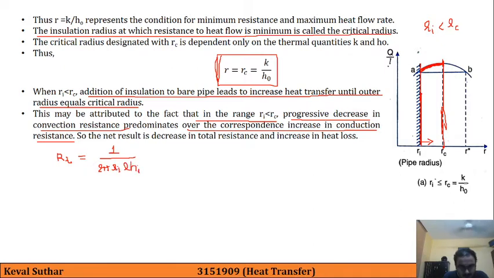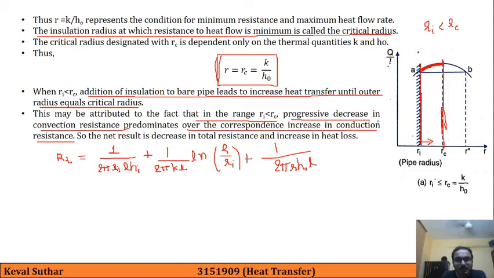This is not very important to us right now because this is independent of R, plus 1 divided by 2 pi K L Ln R upon Ri, plus 1 upon 2 pi R L H0. Okay, so if you again see what is going to happen here, the heat transfer rate is increasing